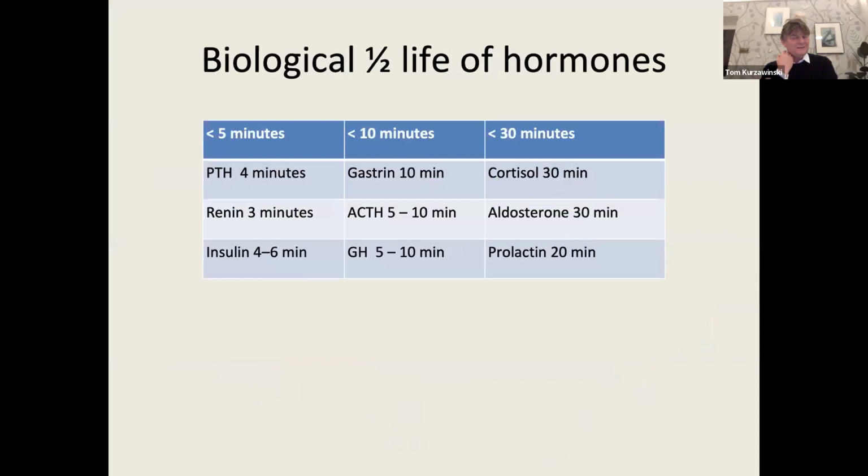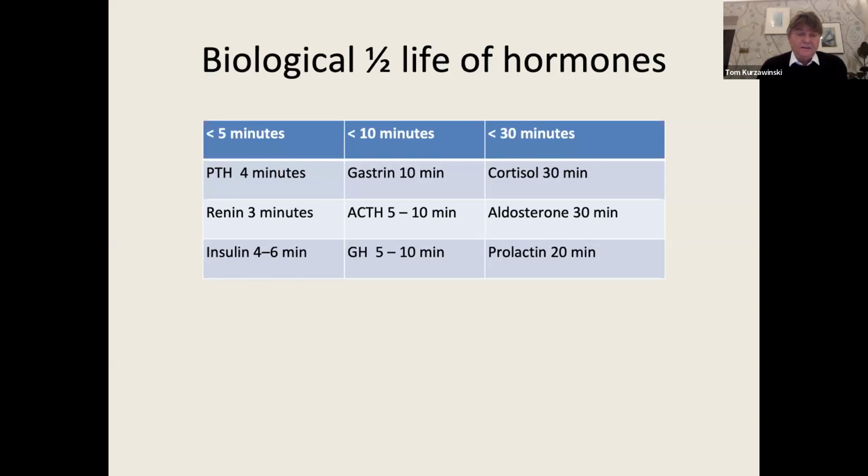So when I started getting interested in endocrine surgery about 30 years ago, there was this concept, prevalent in America, that some of the hormones disappear from the system faster than others. So I put together a table, and I called this table "which hormones are actionable." PTH is obviously a very good candidate, with a biological half-life of somewhere around